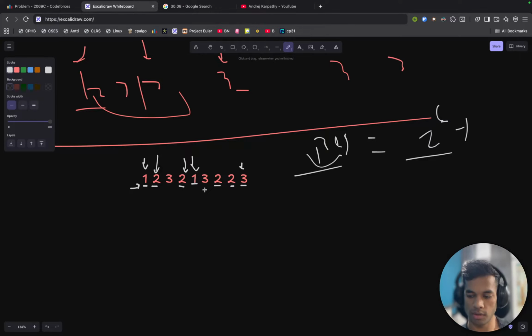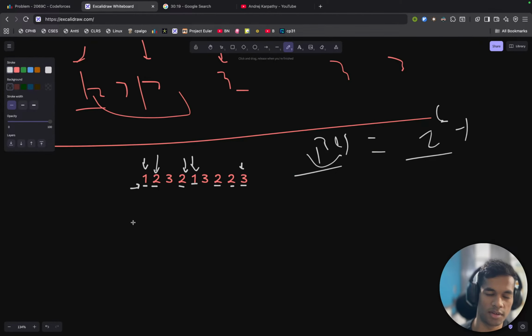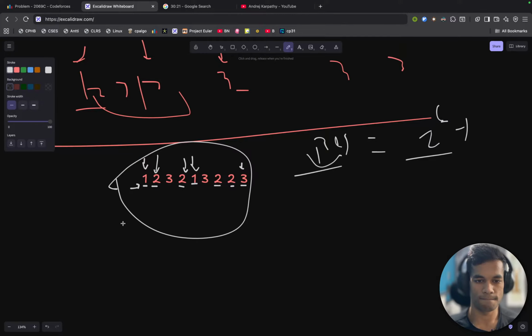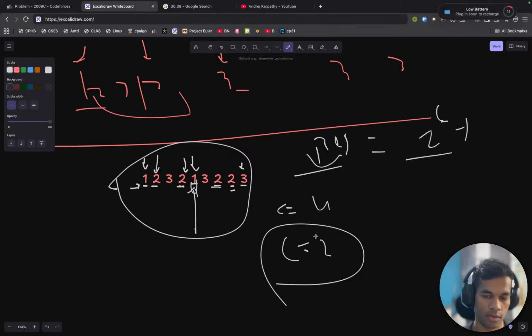And what does that tell us? That does not tell us anything. Yeah, we will have to do something else. We just know that C initially was equal to 4. Now C would be equal to 2, because C is the number of 2s that we have on the right, and currently we are here. There are only two 2s. So